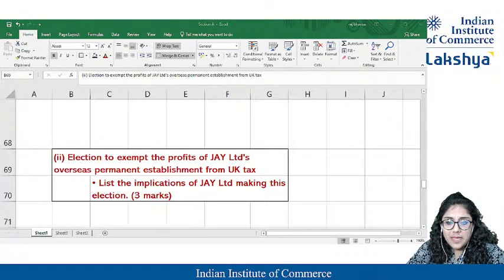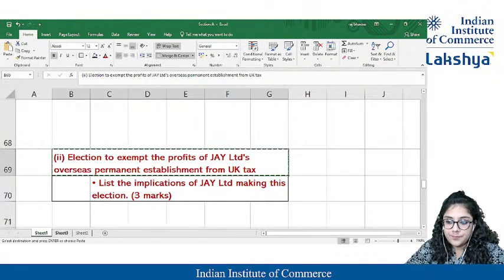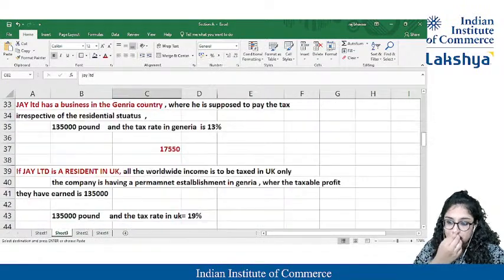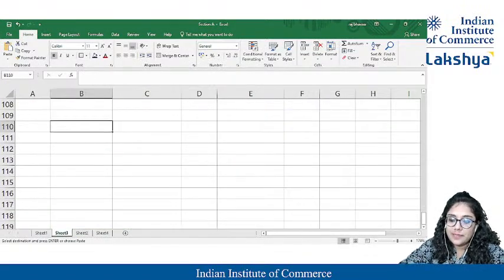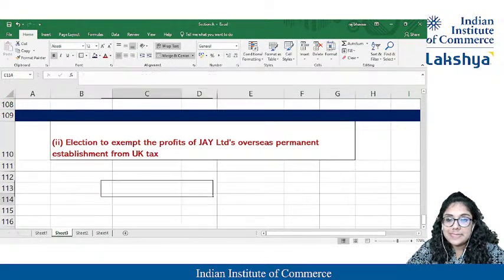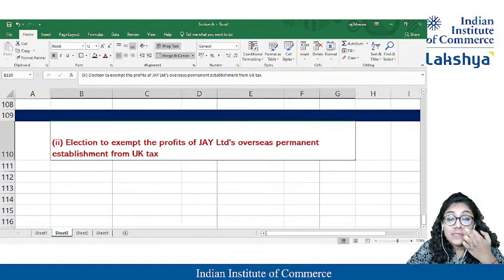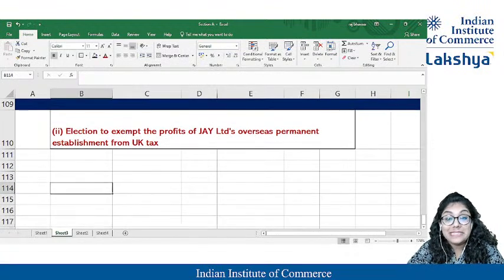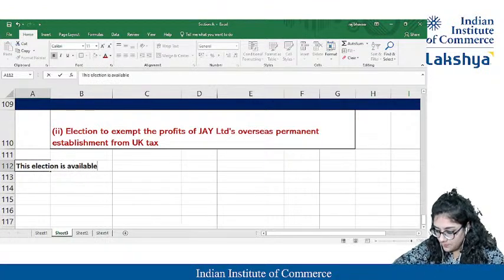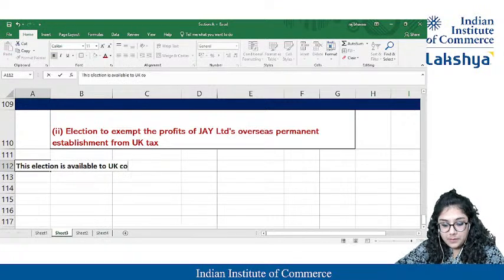You should get to know the answer. Let me copy the question first. Okay, I'll write it down. Election to exempt the profits of Jai Limited overseas permanent establishment from UK tax. If it is so, this election we can make. This election is available to UK companies which generate profit